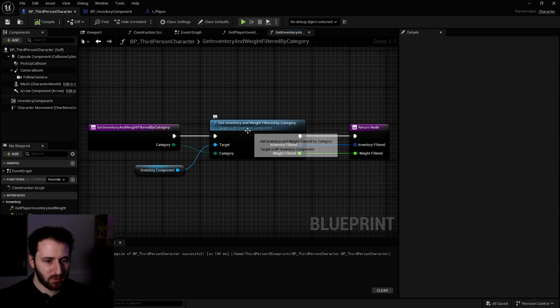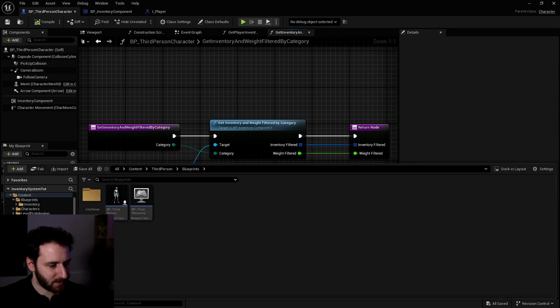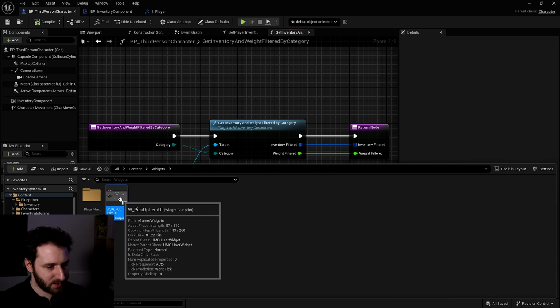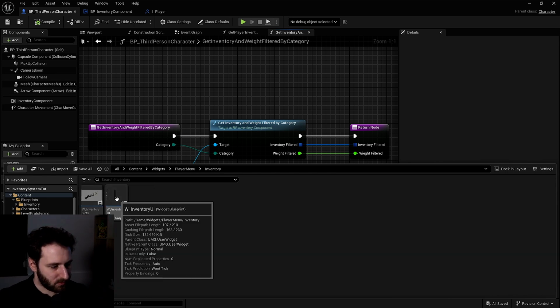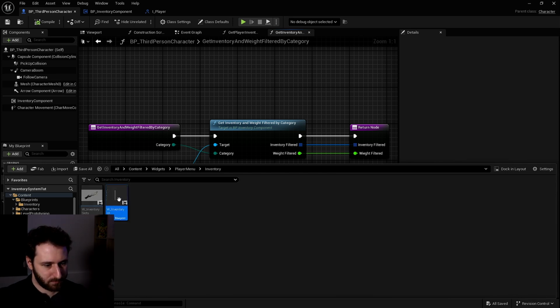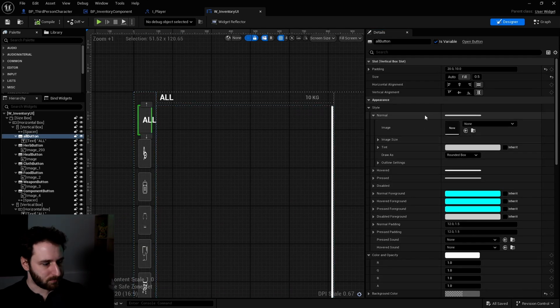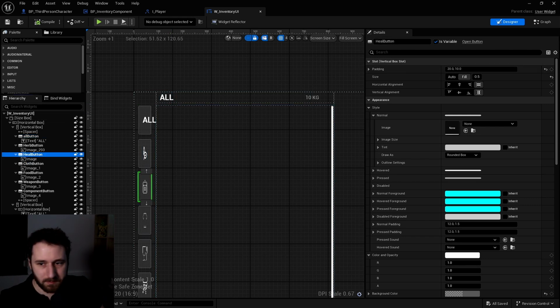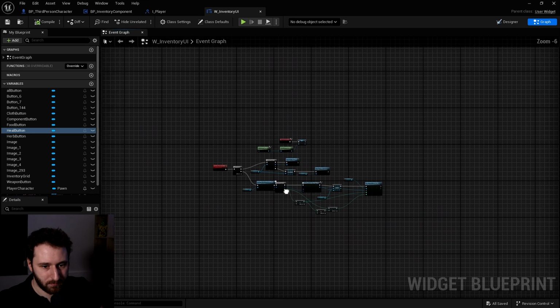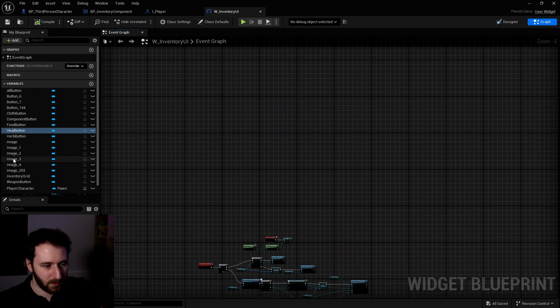Before working on the function in the inventory component, we'll set that up in our widget. So we go in our widget, player menu, inventory. So when we press one of the buttons, we need to get the inventory and the weight and update everything. So let's do that. All of the buttons are a variable, so you can go into the graph. This will be put into a function later.